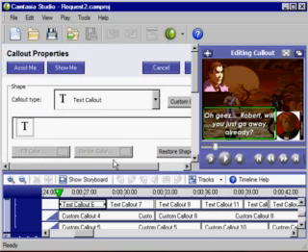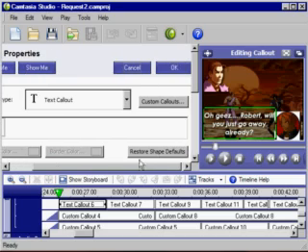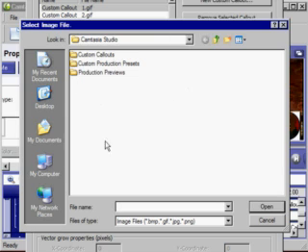Okay. As for the actual portraits themselves, I've added them as custom callouts. Now this is what I was talking about before. If you want to add your picture that you downloaded as a custom callout, just click on the custom callouts box in the callout properties and click on new custom callout, and then go and search for your folder that actually has your stuff. And once you find your folder,